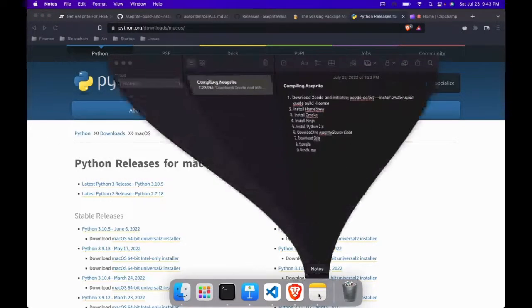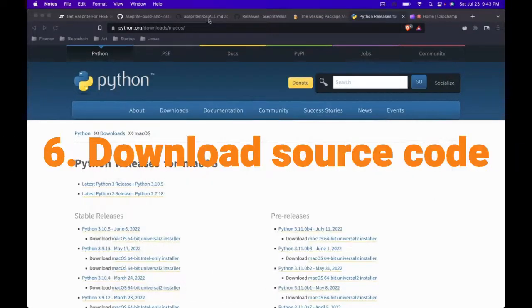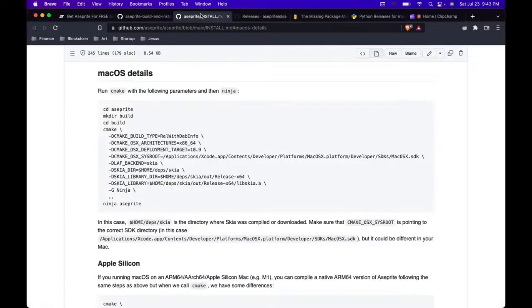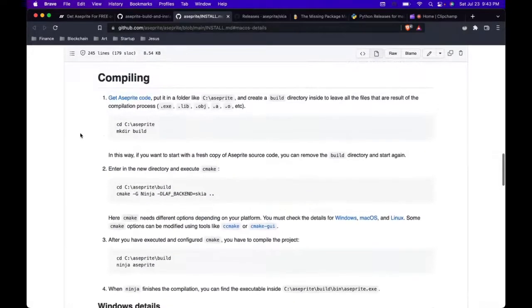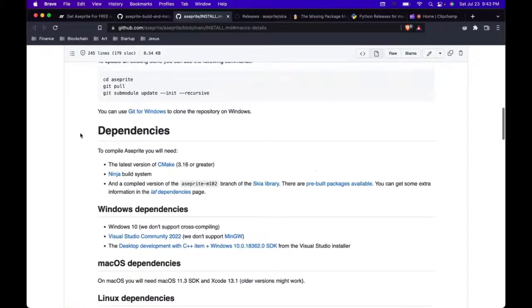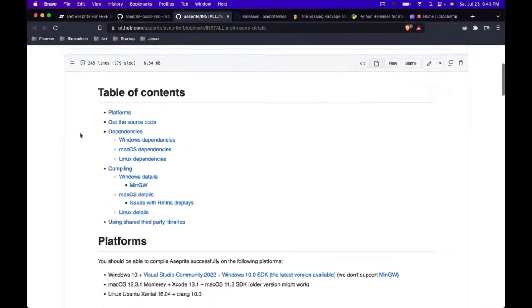So after installing the Python version, we want to download the Aseprite source code. The links we are going to be using as our guides will be shared in the video description. So this is the official Aseprite install guide, right? So we want to currently get the Aseprite source code into where we are going to be